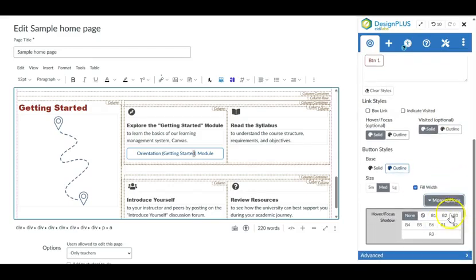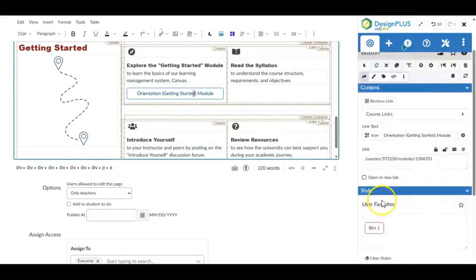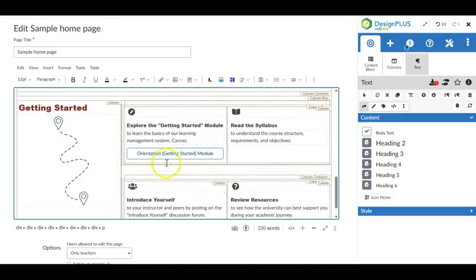There's also more options here if I would like some shadow on that or any other advanced features that are available below. However, I think my button looks pretty good here. It's blue, it becomes solid when I hover, and it has text that makes sense and is clear for students to know where exactly that button is going to take them. All right, and that is